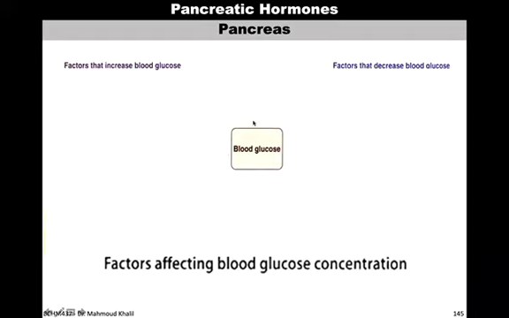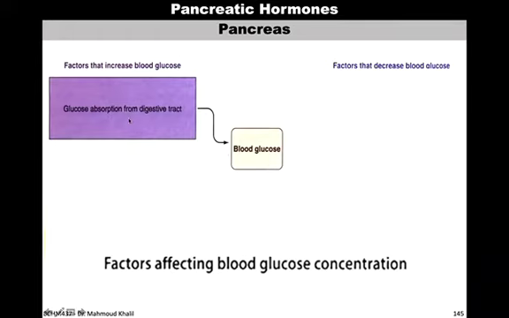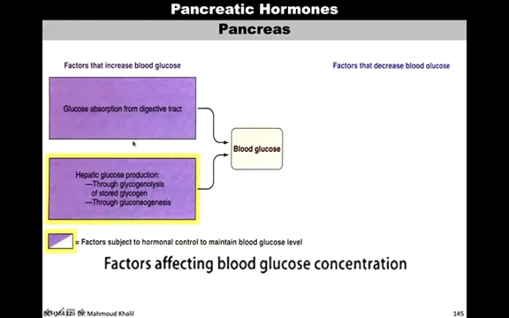So the pancreas actually does two major functions: either increase the blood sugar level or decrease the blood sugar level. In this slide we'll see the factors affecting the blood glucose concentration. The first factor that increases the blood glucose level is glucose absorption from the digestive tract. Another factor, subject to hormonal control to maintain the blood sugar level, is hepatic glucose production. Once the body needs glucose, through glycogenolysis and gluconeogenesis, it breaks down glycogen and forms